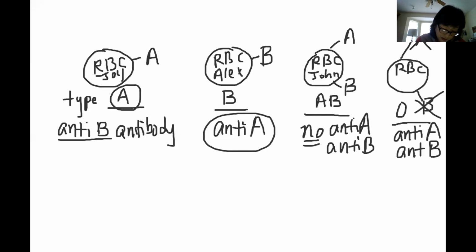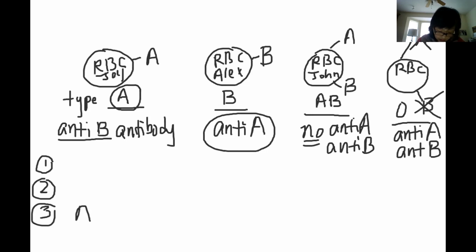Number one important thing is antigens are on the surface of RBC. Antigens determine the blood type. Number two is antibodies are in the blood plasma. If you have type A blood, then you have anti-B antibody. Number three,